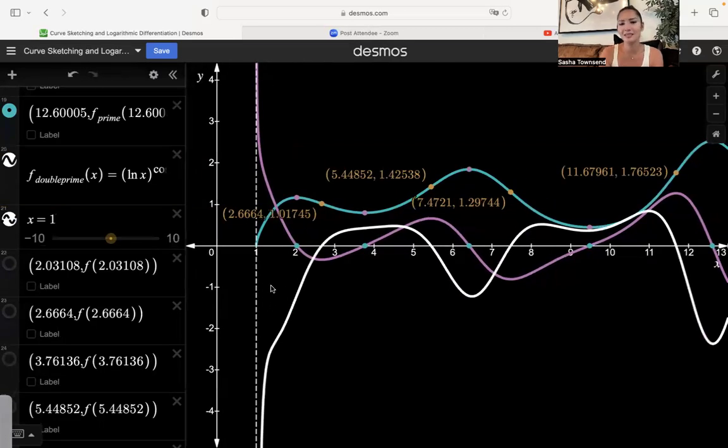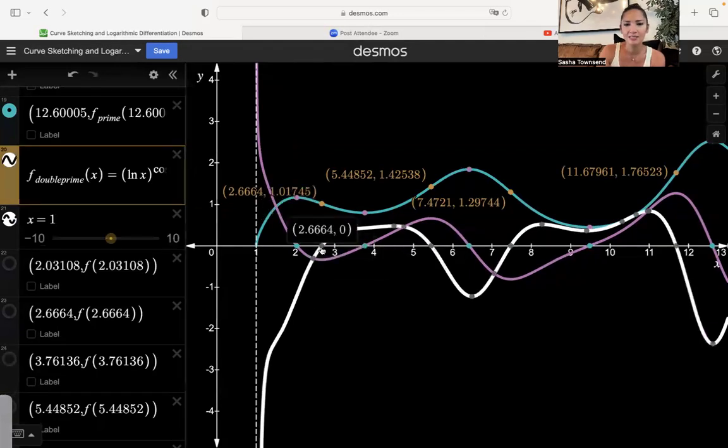Okay, now let's analyze the second derivative. The second derivative is 0 here at 2.664. And we've got a point of inflection of the original function at 2.664. So that's good. And the first derivative has a relative minimum there. And the second derivative goes from negative to 0 to positive at that point of inflection. So the original function should go from concave downward to concave upward at that point,